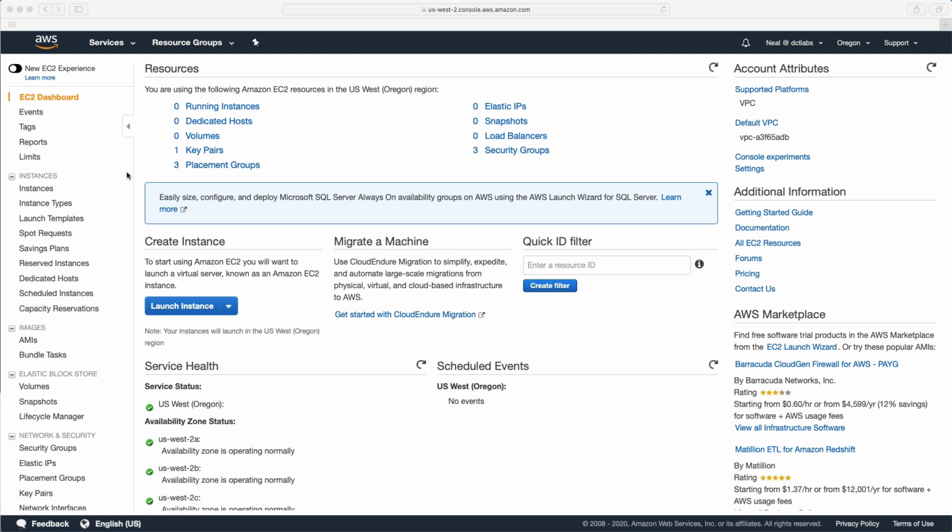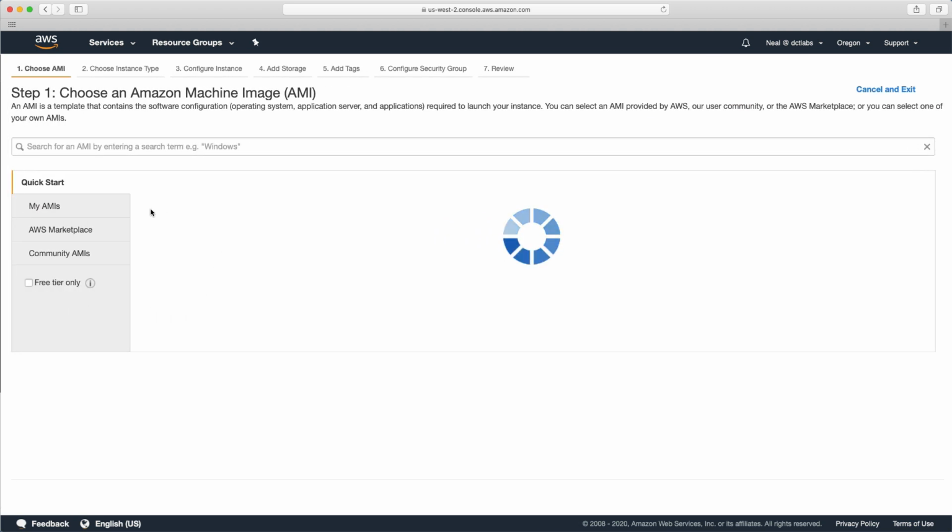AWS Cloud. Now, in the AWS world, we call these instances, and they're very similar to virtual machines that you might have on your VMware or Hyper-V infrastructure on-premise. Each instance has an operating system, some storage, and a certain amount of virtual hardware associated with it, including CPU, RAM, and network capabilities. If we go in and try and launch an instance, we can see that we have